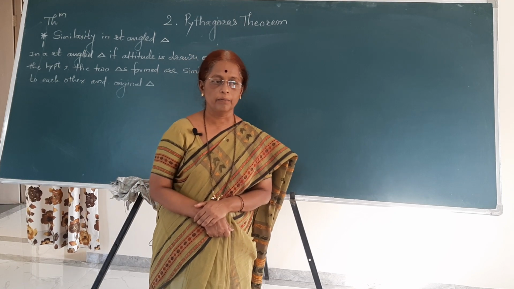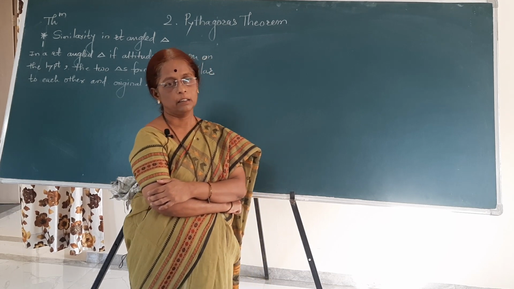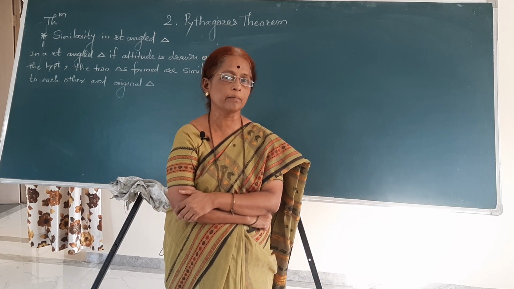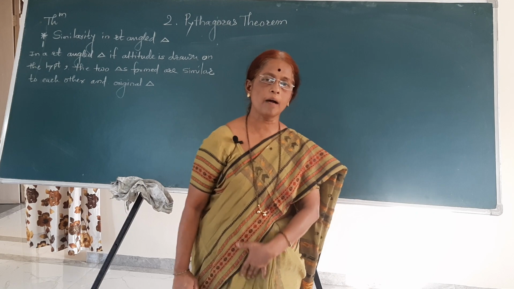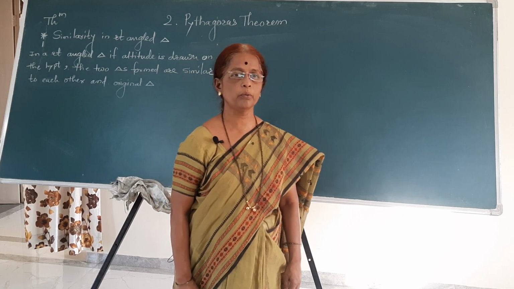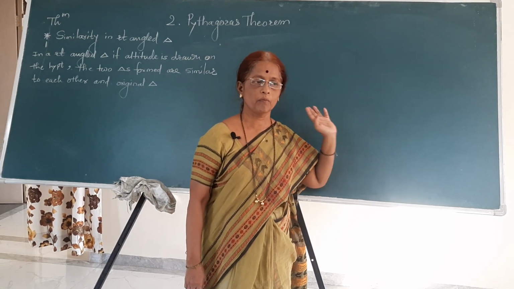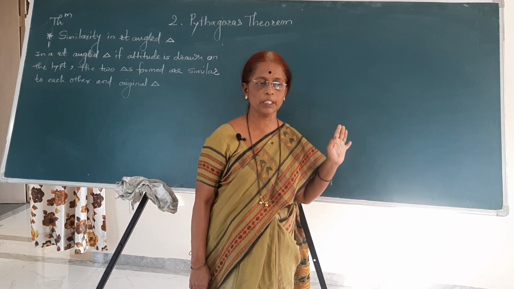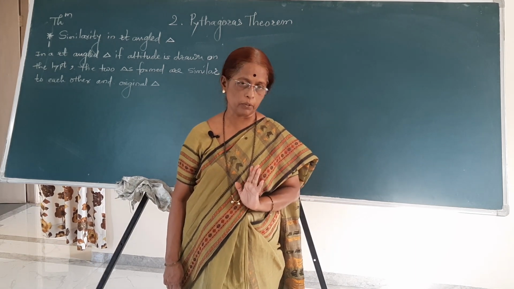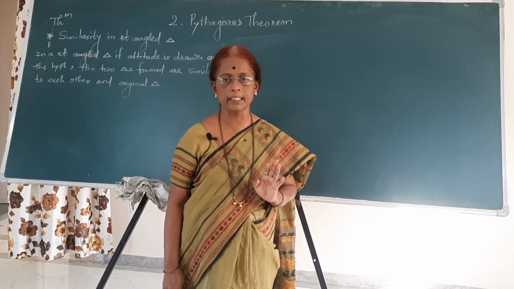After that, last year we studied the 30, 60, 90 theorem and the 45, 45, 90 theorem. You know about the 30, 60, 90 theorem. The side opposite to 30 is half of the hypotenuse and the side opposite to 60 is root 3 by 2 into hypotenuse. Similarly, one more theorem we studied is the 45, 45, 90 theorem, in which the two congruent sides are equal to 1 upon root 2 times the hypotenuse. So actually all this is the revision of 7th and 9th standard together.